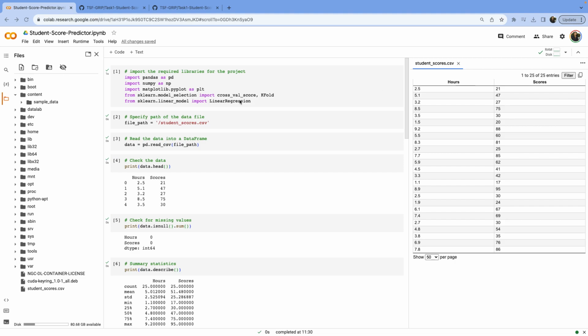I will just go through the code, what I've done here. First of all, I've imported all the required libraries for the project. Like pandas, numpy, then matplotlib pyplot, which is used for plotting the graphs. Primarily for the modeling, I've used scikit-learn. I've used the cross validation score, k-fold, and the linear regression. As it is a small data set, I've used cross validation to create a more accurate model. If you are given a small data set, you can make use of cross validation